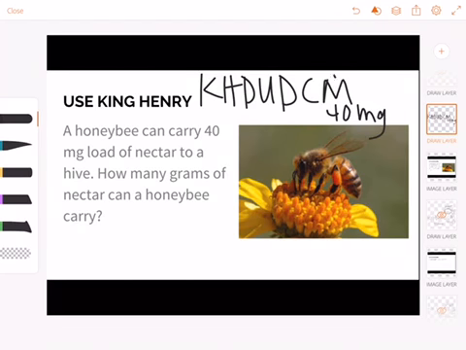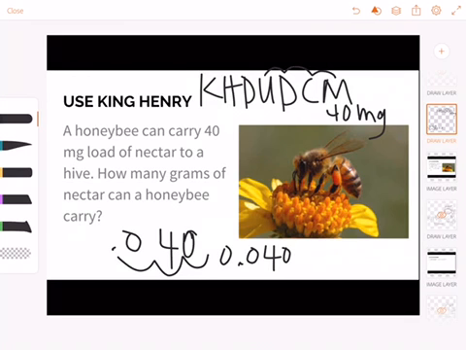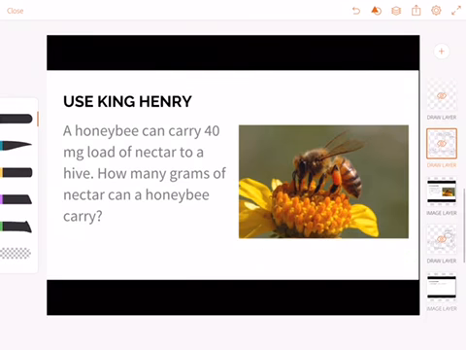And we need to get all the way to grams. And remember, grams is the unit that we're using. So we're going to divide by 10. So we're moving to the left 3 times. So we can take my number 40, imaginary decimal, divide by 10 3 times. So we end up with 0.040, or you could just say 0.04 grams. That's how much you can carry. Okay, so there we have